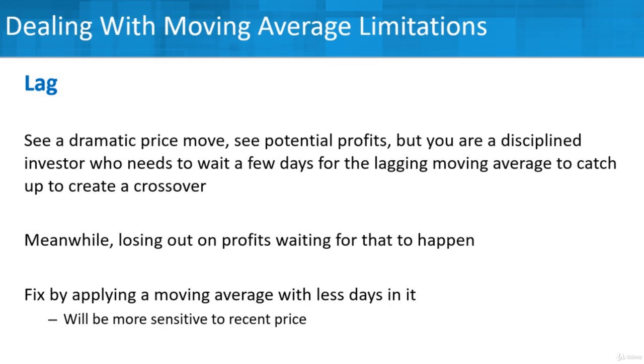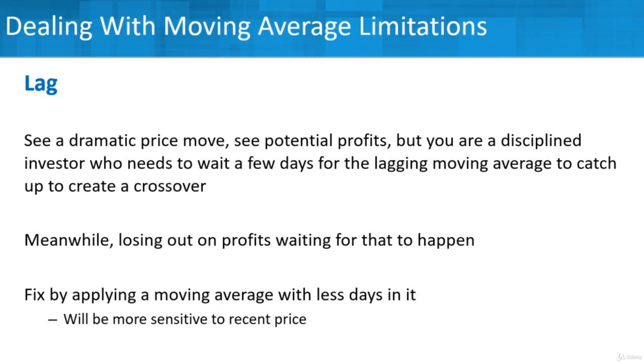So you can see it kind of happening. You see it moving towards the moving average line, but you're waiting for the crossover to happen, which is your way of confirming and making that decision. And if you put an extra filter on, like it needs to cross the line by, say, 2% or 3% before you actually make a decision, let's say to buy, meanwhile, while you're waiting for that lag, you could be losing out on profits. Now, the nice thing with technical analysis is you don't have to be perfect every time. But understand there's an opportunity cost, where you might be delaying to avoid the whipsaw and avoid frequent trading,